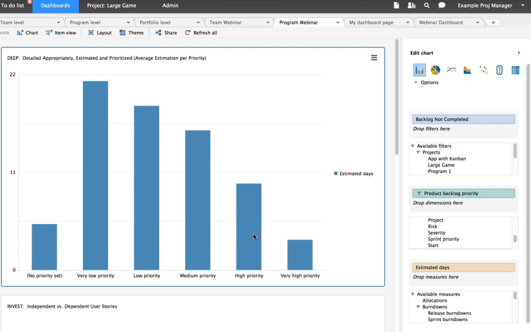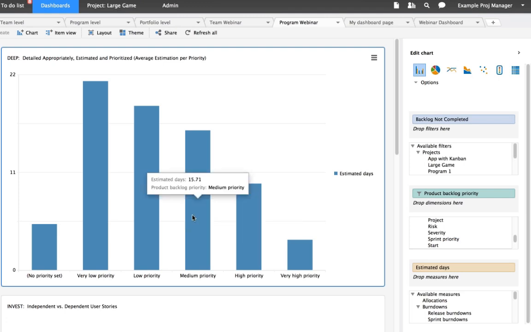And so for those very highest priority things, the things that we're going to be working on next, we obviously want that to be detailed appropriately. We want it to be granular enough that these user stories, on average, you can see we have an average estimated day for all of our very high priority stories of roughly 3.5 days. We want to make sure that they've been broken down into sub-user stories to the point where we can actually complete those in a single sprint. So that's looking pretty good from a very high